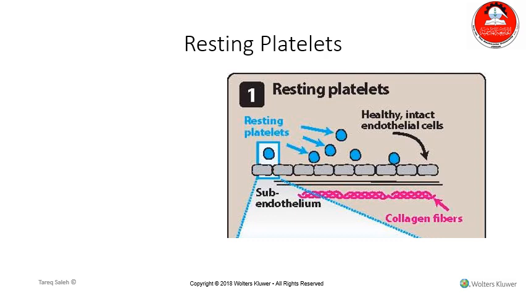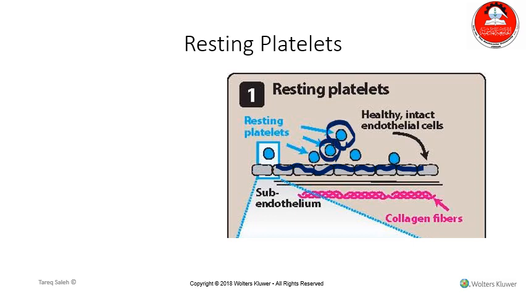So in order to understand that, let's take a look at the mechanism of the formation of the platelet-rich plug in more detail. As you know, platelets act as guards of the vasculature, and they constantly monitor the integrity of the vascular endothelium. They make sure that it's intact and not damaged. In the normal state, where there is no injury, platelets circulate in the blood freely